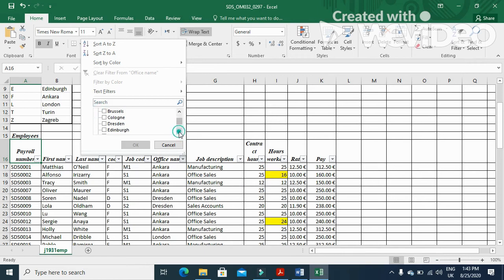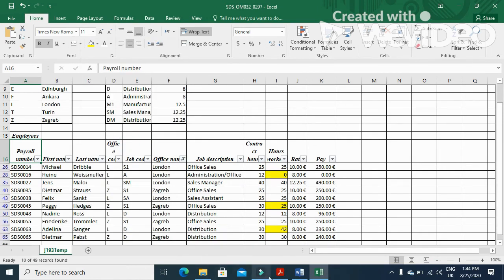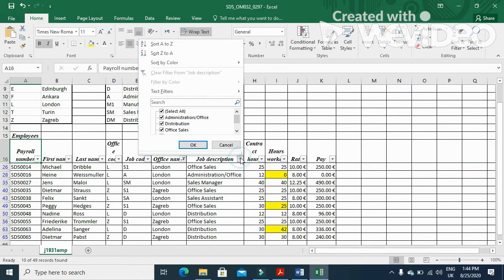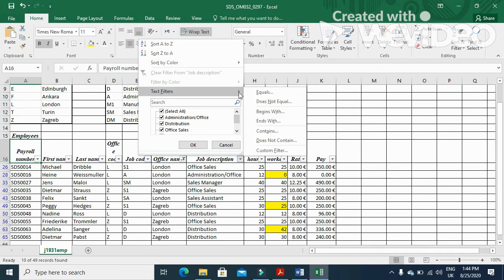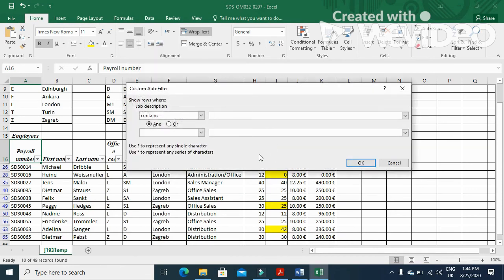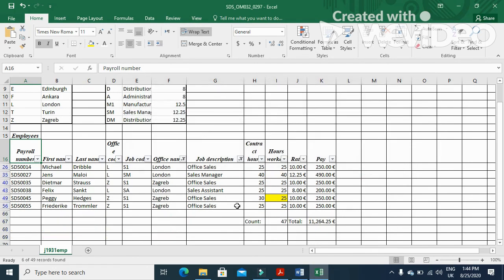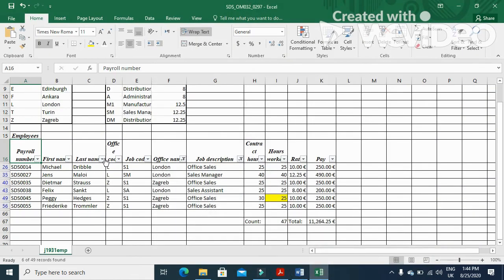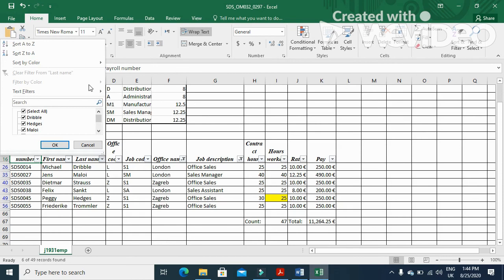uncheck all of them. So we'll choose London and Zagreb, and then for the job description having the word sales, we'll choose here, then text filter contains, and type here sales. Click on OK. So this is the required extract, and after this it says to sort the extract into ascending order of last name. So here is the last name, choose ascending order,